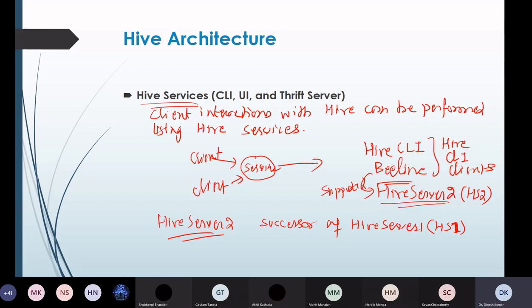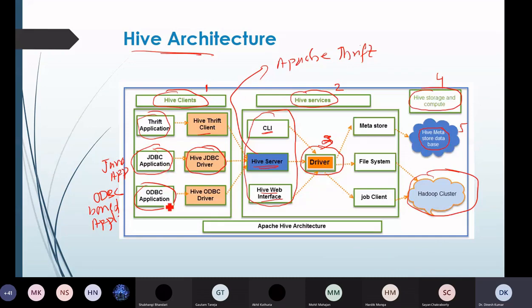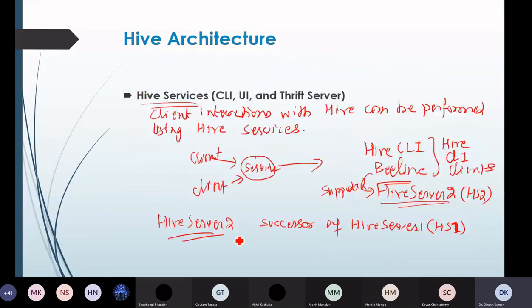The requests which are coming from these clients, HiveServer2 was designed to support the requests coming from these open APIs like JDBC and ODBC.